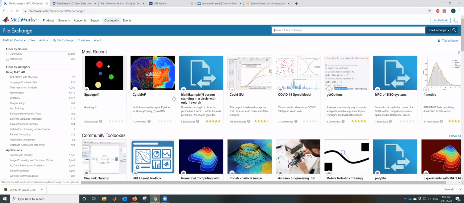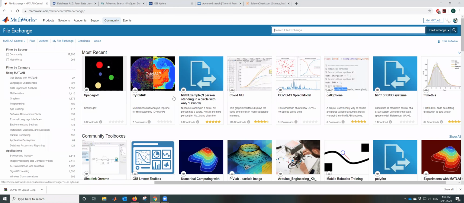So MATLAB has a lot of examples in their software, so you can go through those examples. And in addition, all the software programmers can upload their code online and put it in the file exchange. So this is another repository you want to try. For example, COVID-19, or you can use the